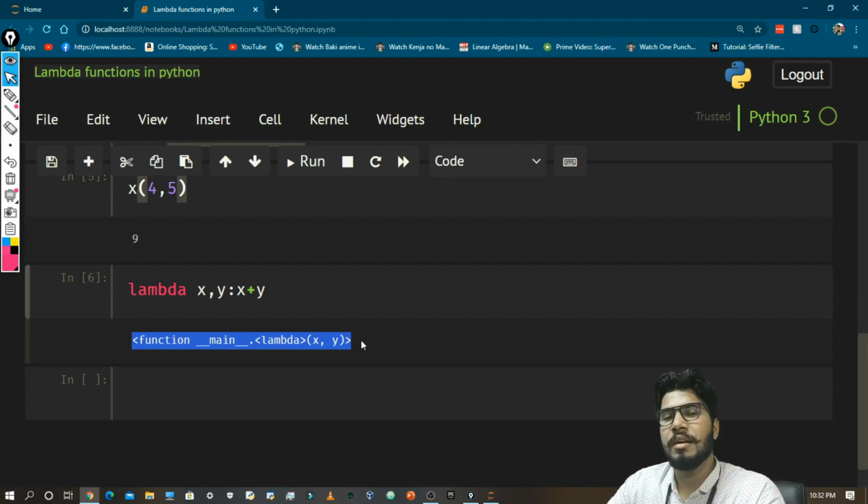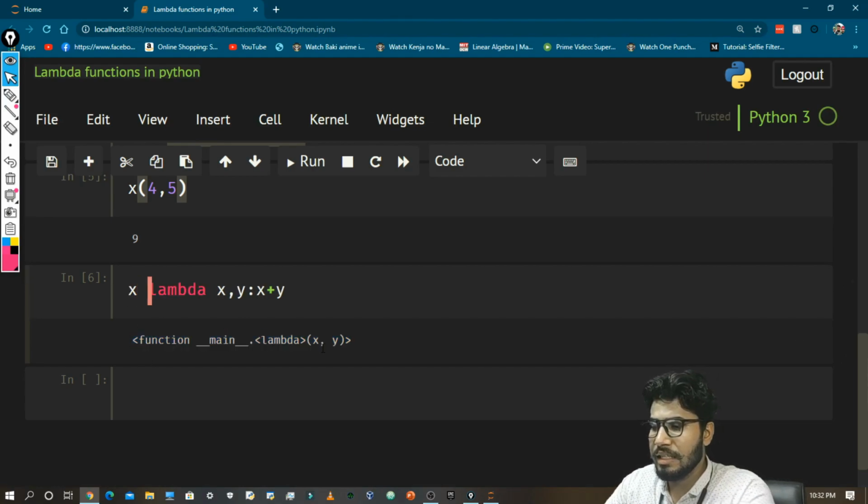Basically, what Python does is that it converts a lambda function into a normal function. So it is the same as a normal function, but we write it differently. Internally, it works the same as a normal function. Okay, so that's why what we do is that x, when we do